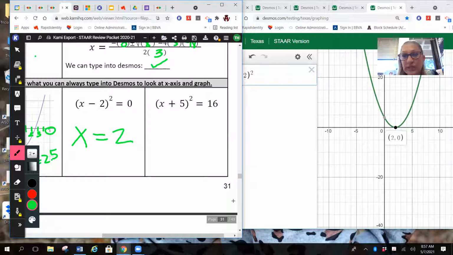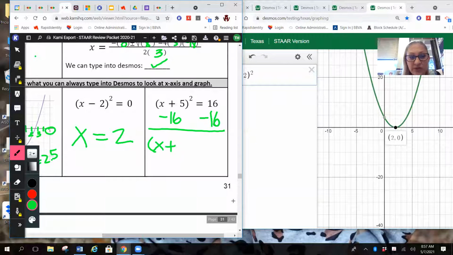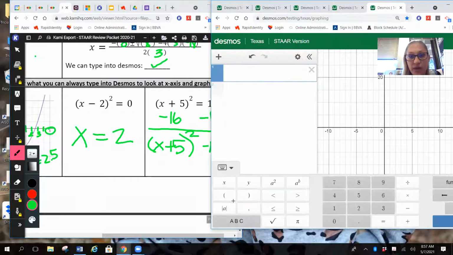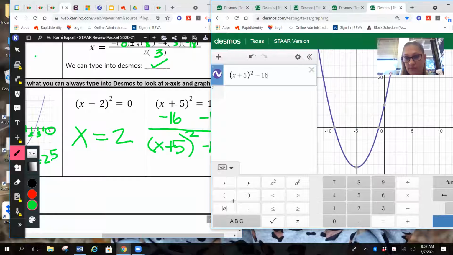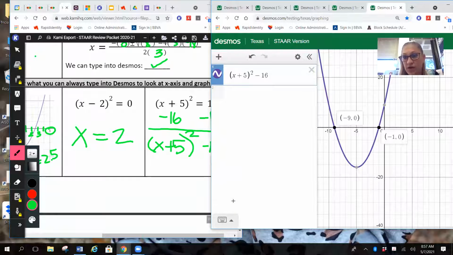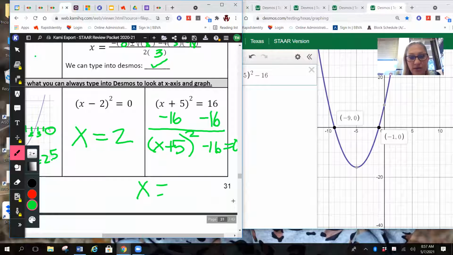On this last one, it's not equal to 0. I need to rewrite it. I'm just going to write x plus 5 squared minus 16. And now that equals 0. And now I can type that into Desmos. I can see that it crosses at -9 and at -1. And I have just found the